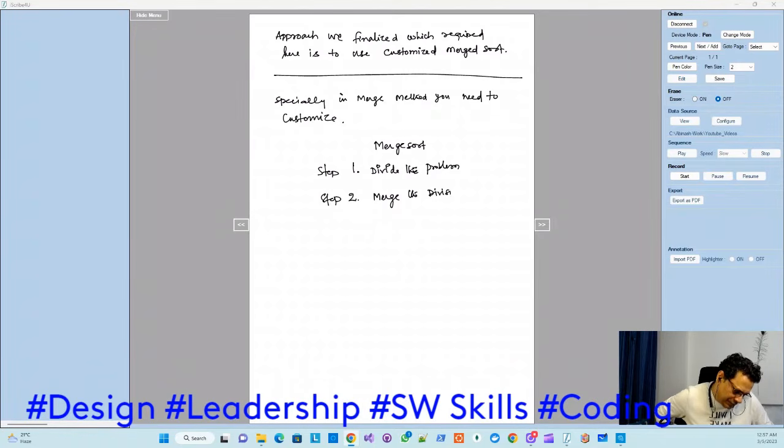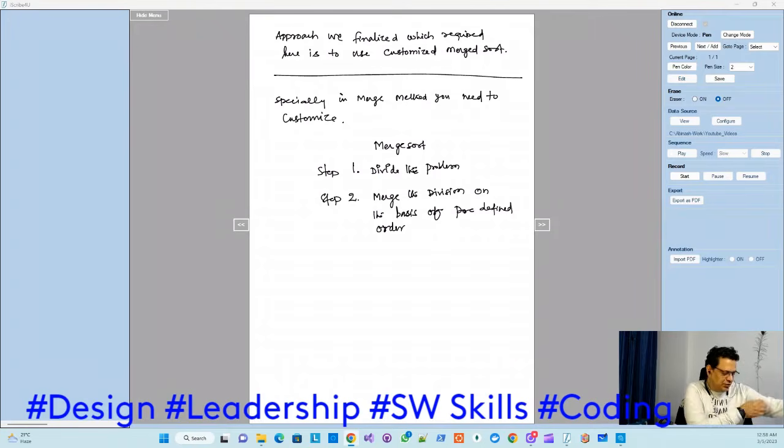division on the basis of a predefined order. And how will you deal with the new requirement? These are the standard merge sort requirements. There is one additional requirement here, as step 2 subpoint A. This additional subpoint is required because this method needs to